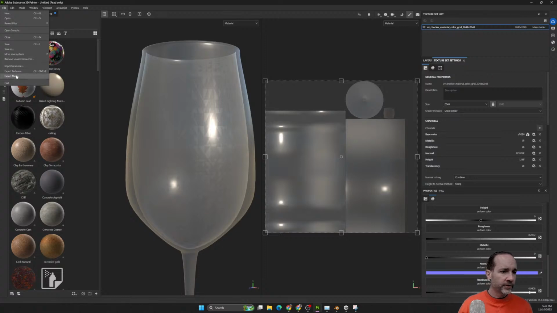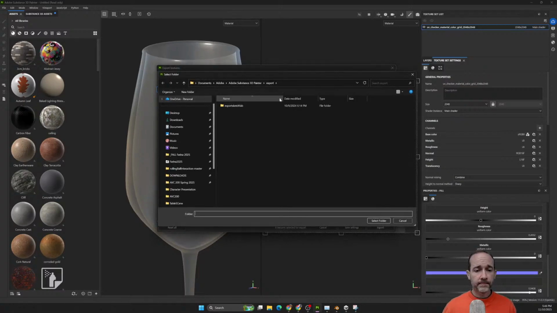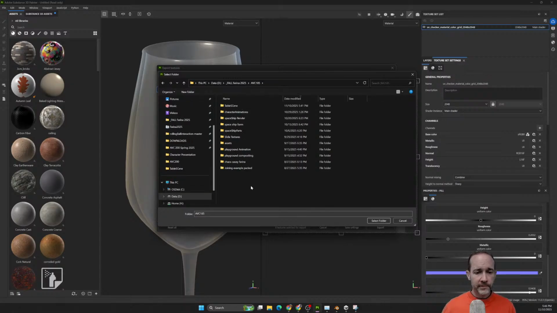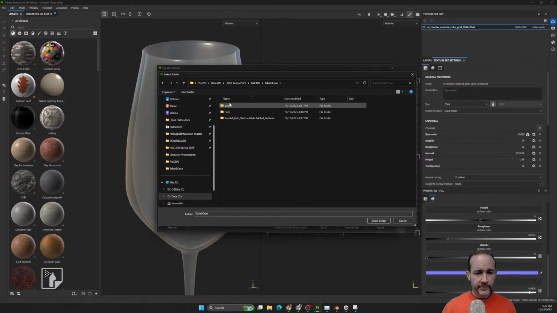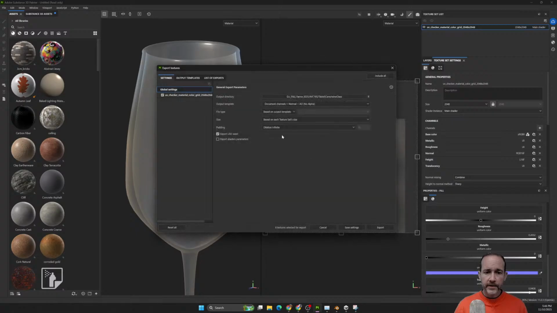Blender. So export textures, USD, pick the folder. To here, and here, and new folder. This is going to be wine glass. Trying to stay organized. There we go. And now,